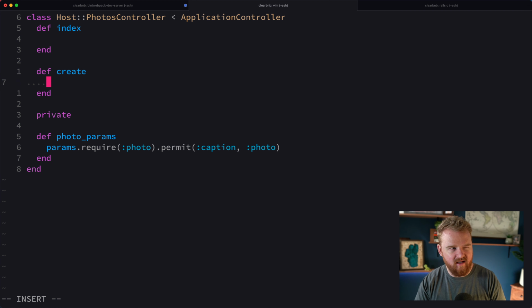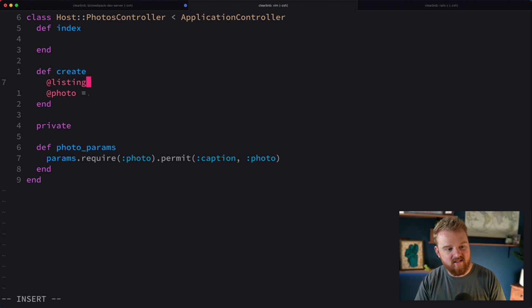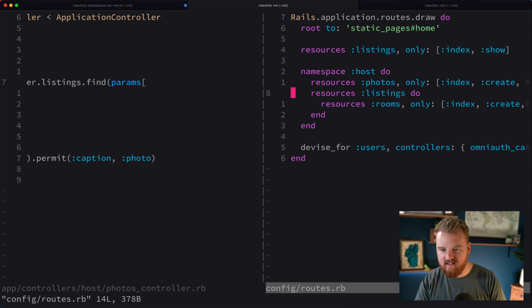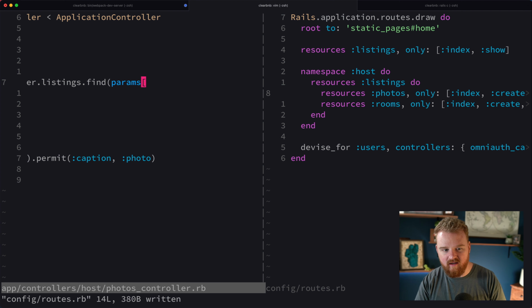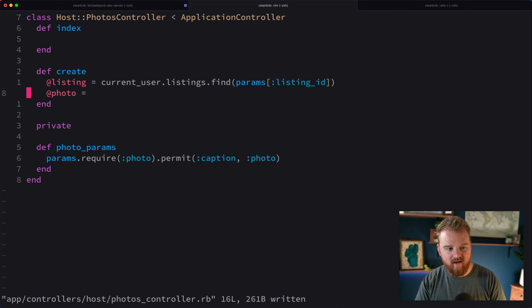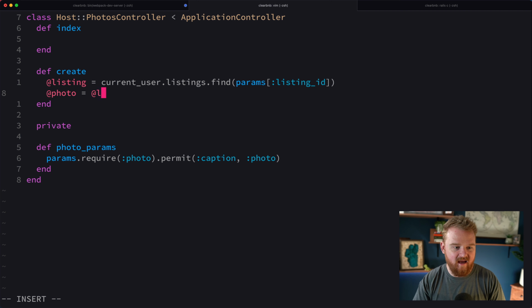And then here we're going to say something like @photo equals, well, @listing is current_user.listings.find params. Oh, you know what I'm wondering? Do we want to nest this under? Yeah, I think we do. Okay. Listing ID. So this is going to be /host/listings/1/photos, and that'll give us the index, and that'll also be where we send a post request to create a new photo. And this will be @listing.photos.new photo